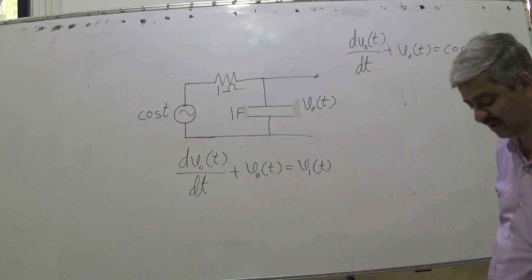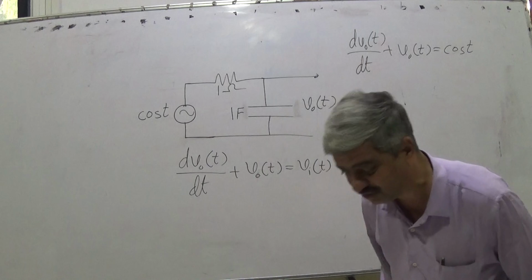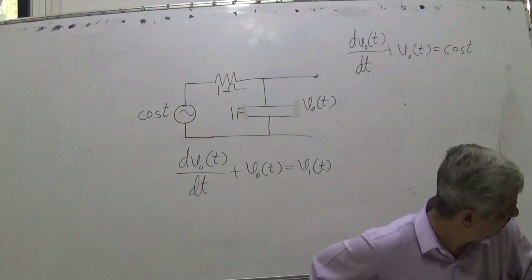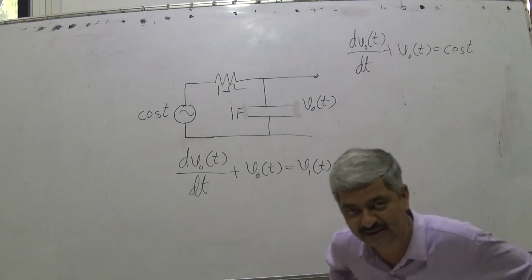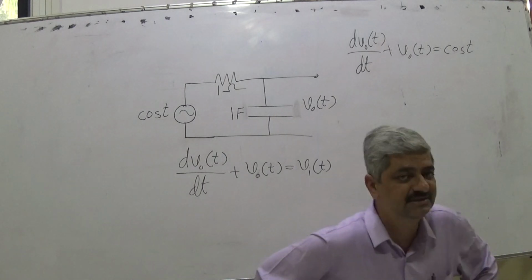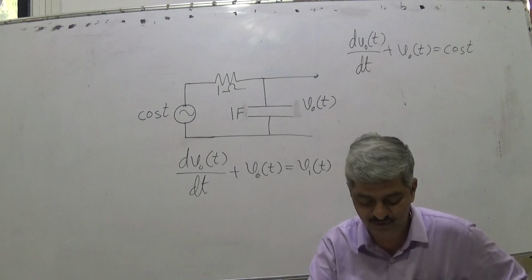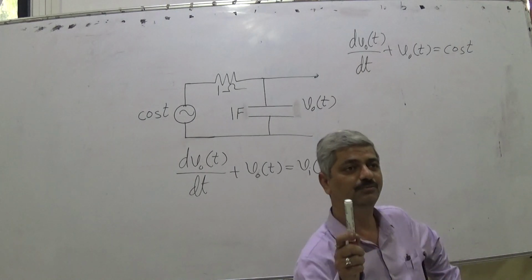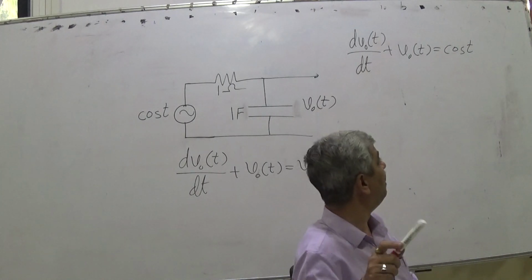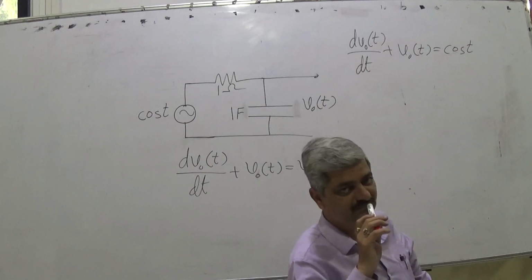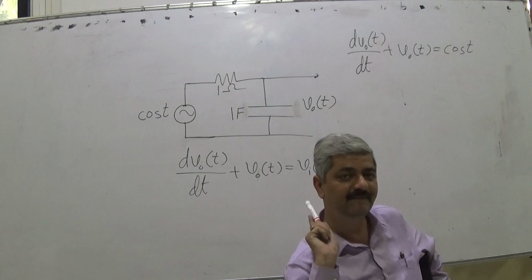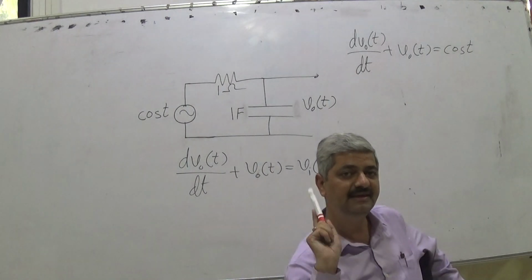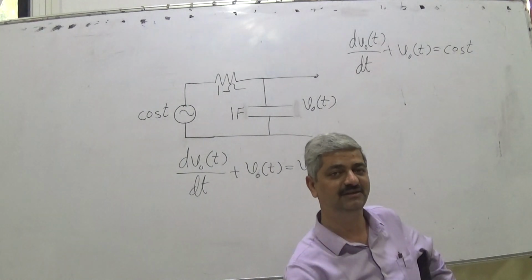Now I have given you an opportunity to think. Last time you could say that I deprived you of the opportunity by giving you the hint. When a hint is given, you can't proceed further in thinking. So now I am not giving a hint. Is it clear? So dVo/dt plus Vo is equal to cos t.